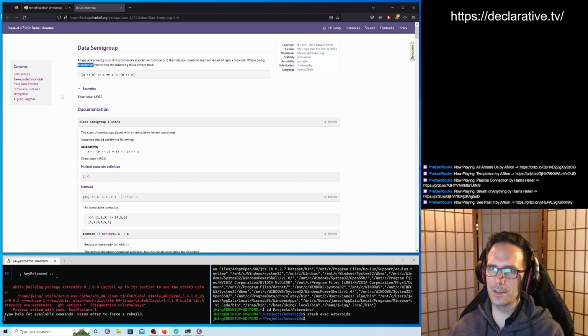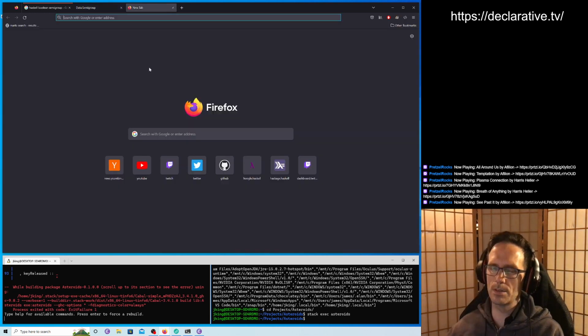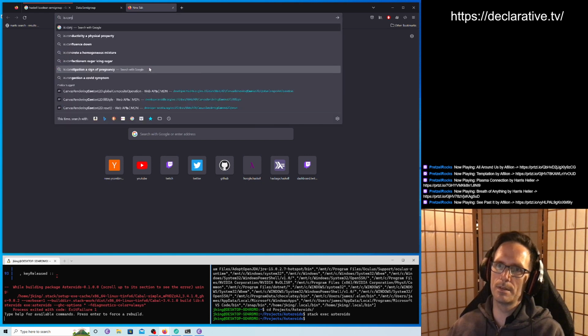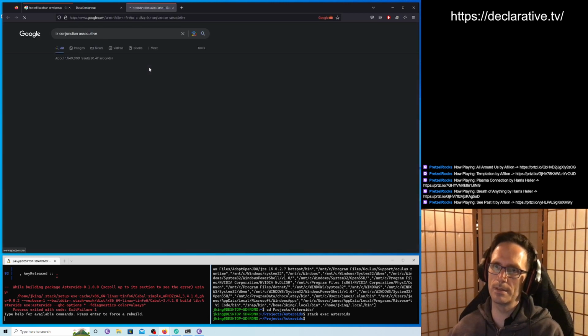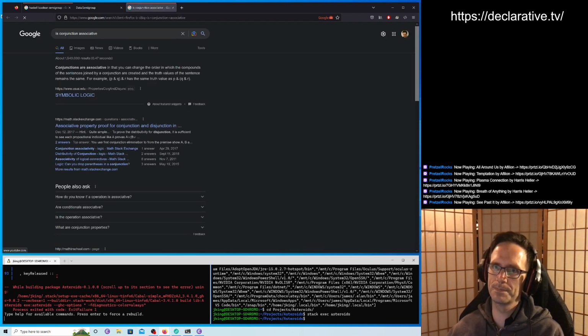Associativity might be the reason why, maybe? And also, like, defining what this means for Booleans. So is conjunction associative, is the question, right? Conjunctions are